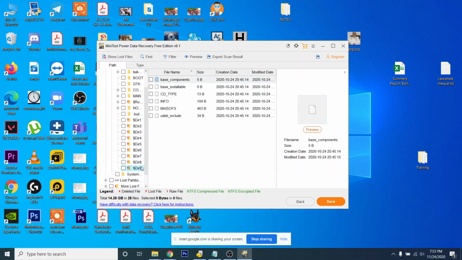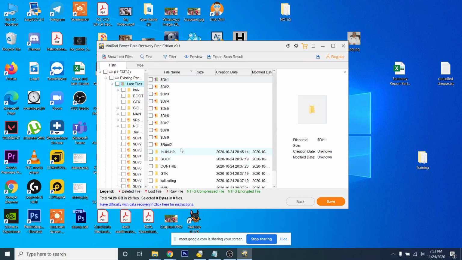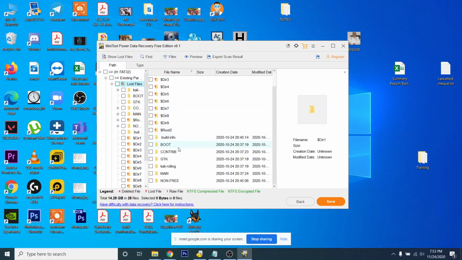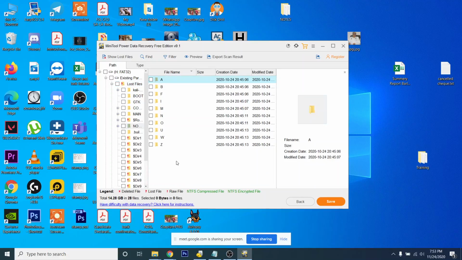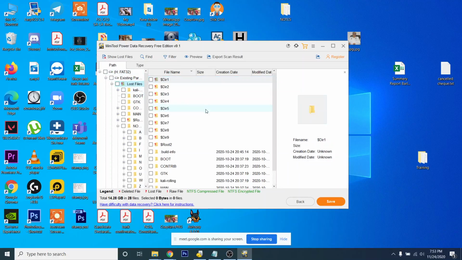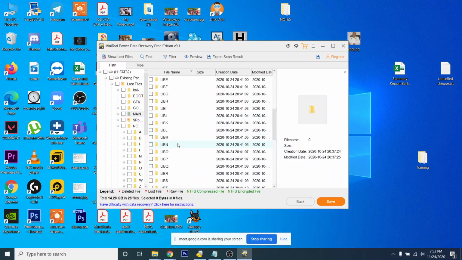So this is directory 8, this is directory 9. Where is the backspace? Lost files, boot. Okay, so it is containing the boot information also, boot x64 EFI. What else is it containing? It is built for Kali rolling, main, non-free. It's the same as the file for my Windows. It's also the same, I think.